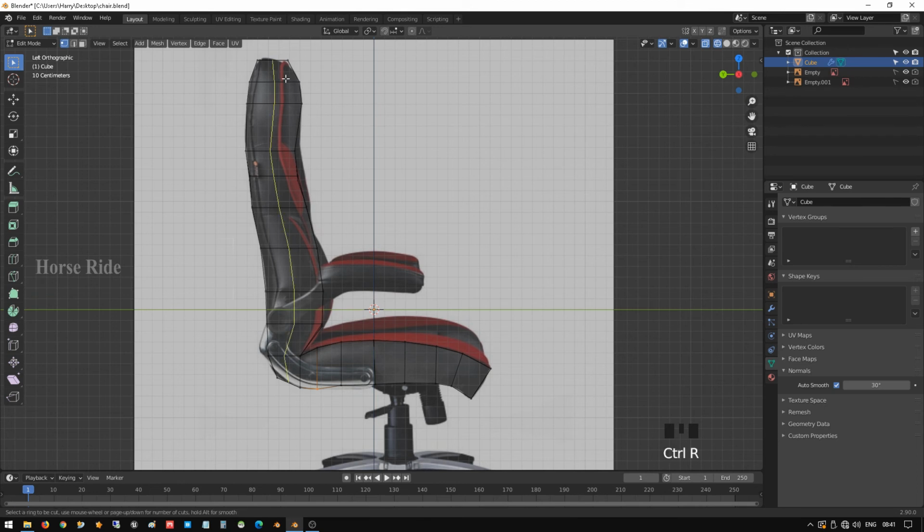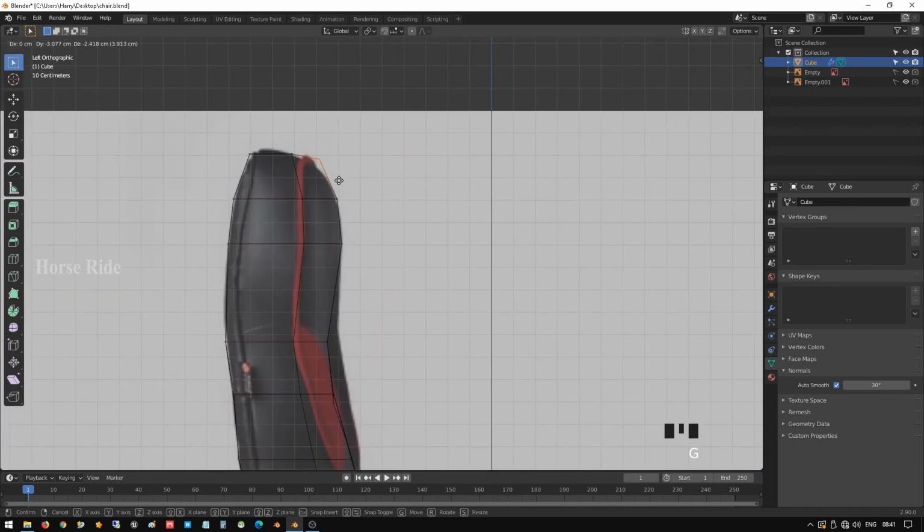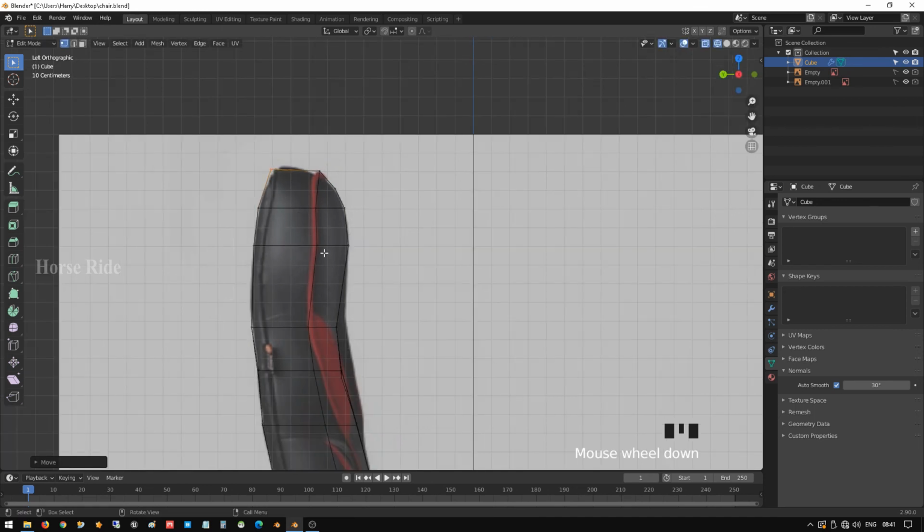Press Ctrl R and add it here. So which one are we going to design? These lines, this one you can see, no? That line we are going to design now. Select that one and click it, and you can zoom in. Select this and press G, and you can move it here. Select this one, press G, and maybe here G and here, and create. First let me complete this one.